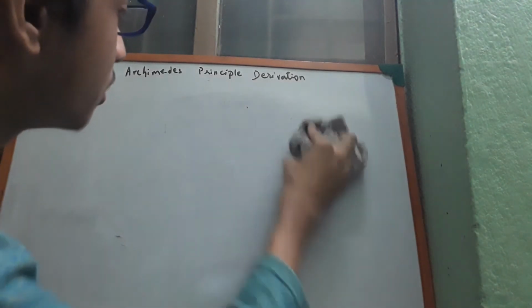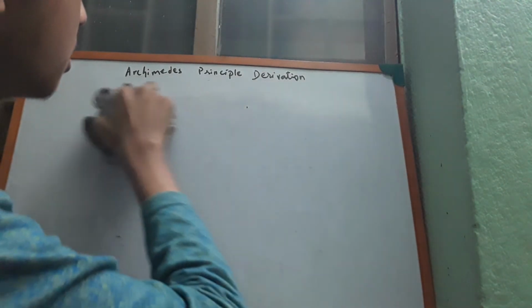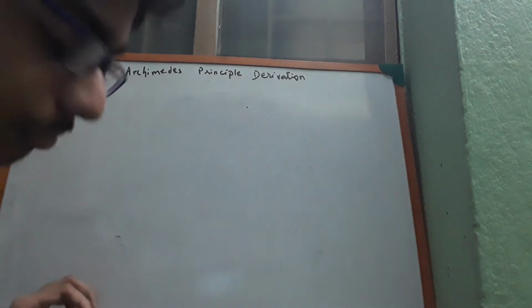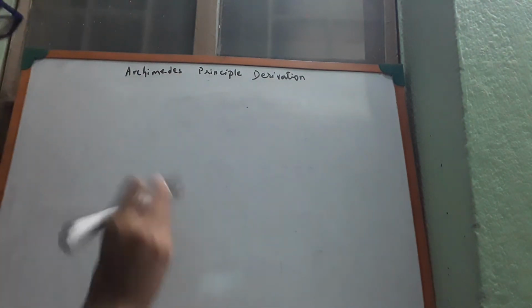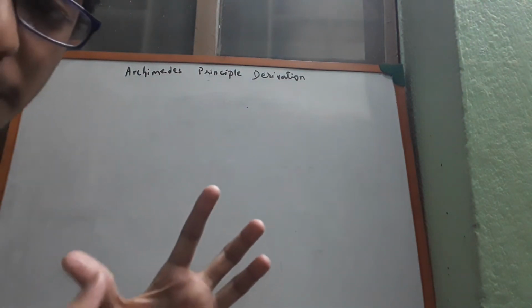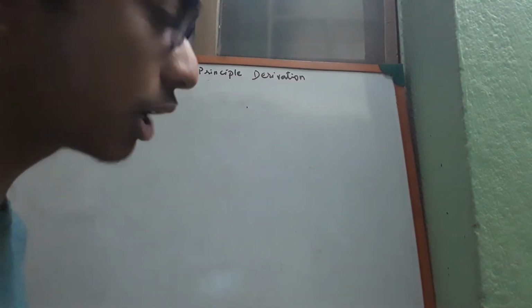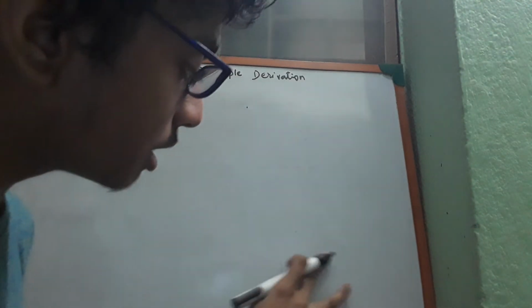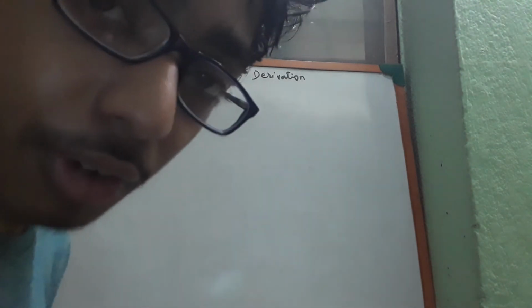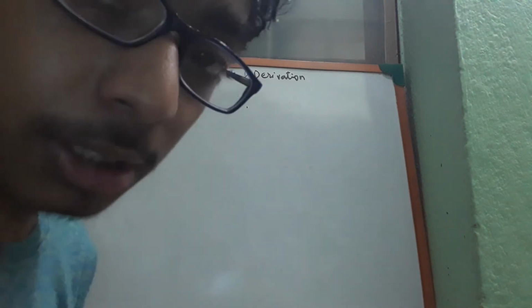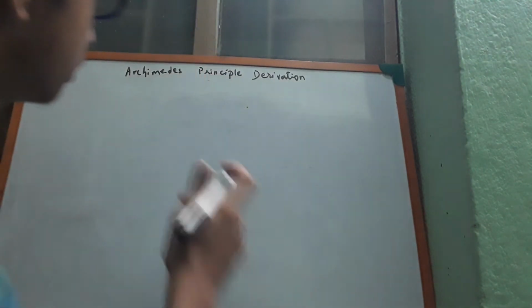Now the point of today's video is not h rho g, it's just the Archimedes principle derivation. In this case we'll assume the thing immersed in the fluid to be a cube, because it helps in the derivation. We'll just show a simple derivation. And what is Archimedes principle? After we derive the formula, we will ourselves be able to state the principle. So let's do the derivation first.